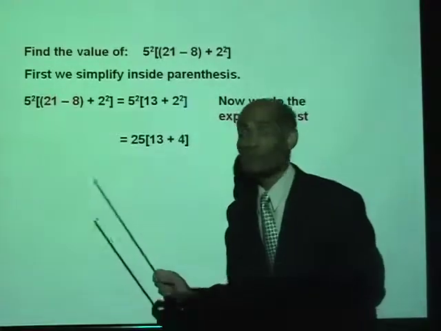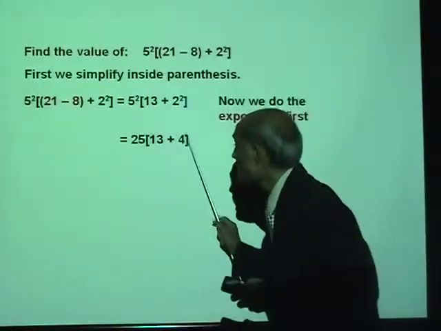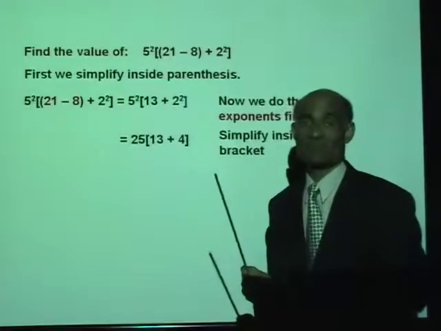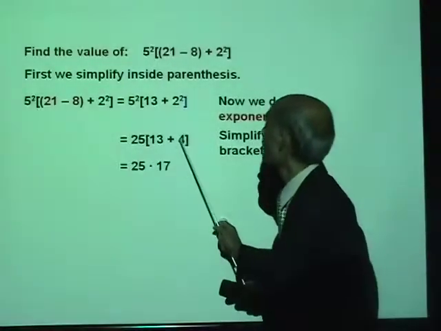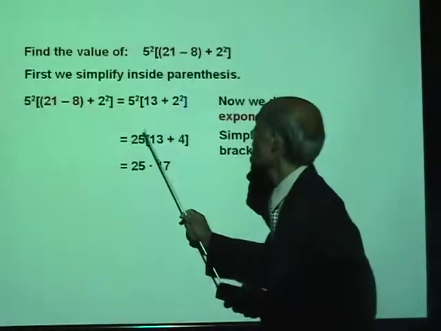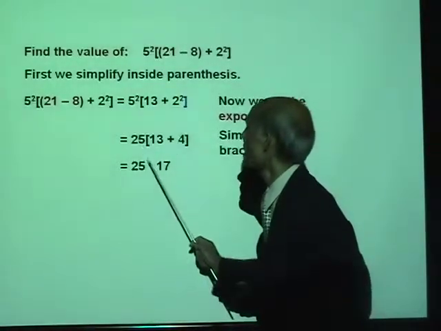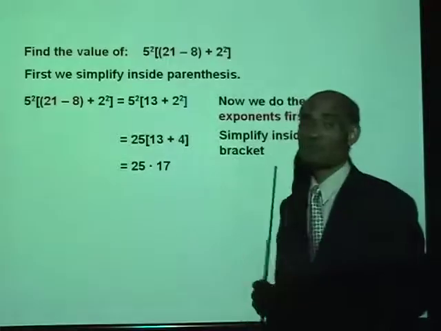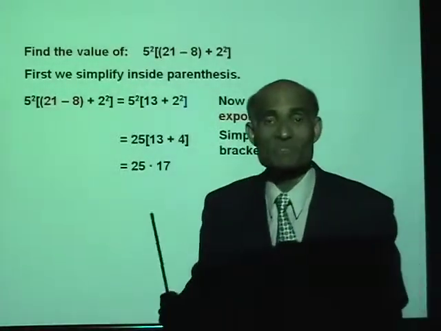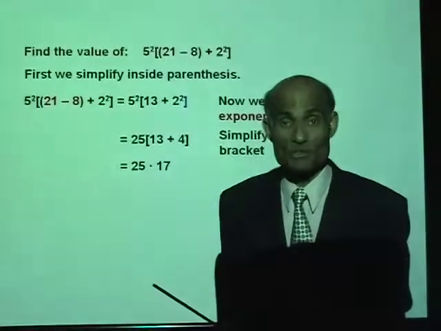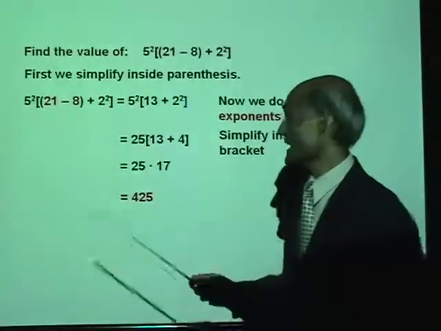What's the next thing to do? Evaluate inside the square bracket. Simplify inside the bracket. 13 plus 4 is 17. So here we have 25 times 17. Okay, I want you to multiply this 25 times 17. I'm sure you can do that. Okay, that's equal to